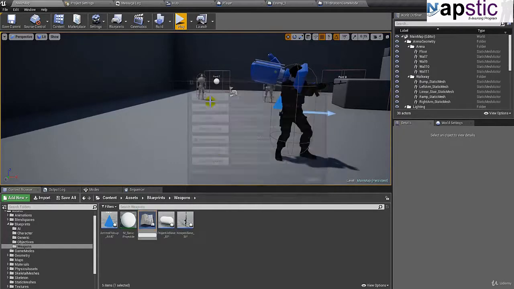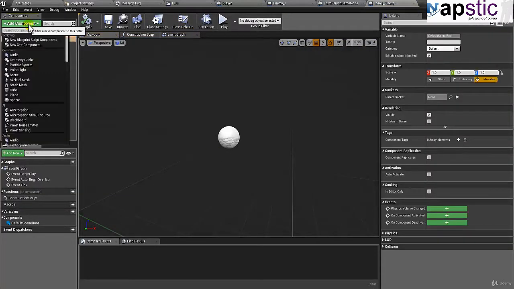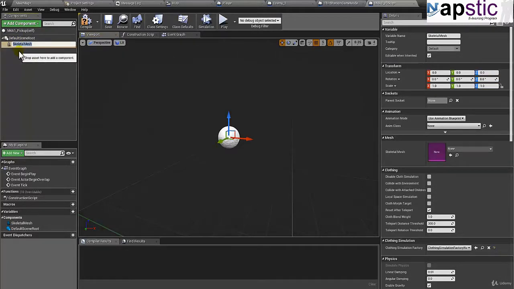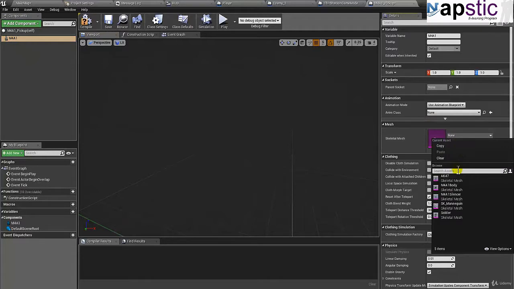So this will be an actor, a simple actor, and this will be M4A1 underscore pickup. Okay, simple M4A1 pickup, and this is simply going to have a skeletal mesh because our M4A1 is a skeletal mesh, and I'll just call this M4A1 and end it there. And maybe I'll just make this the default, and okay, and the skeletal mesh will be